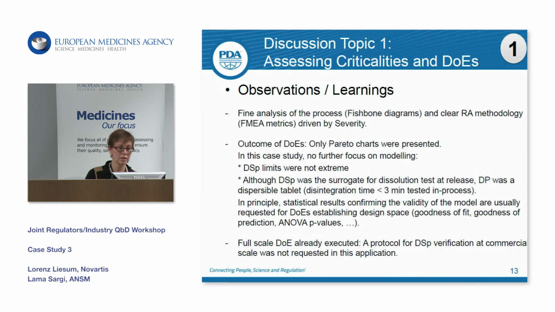So I'm going to present our observations on this first discussion topic. From our point of view, we have here in this case study a satisfactory way to perform the risk analysis. We define analysis of the process using fishbone diagrams and a clear risk assessment methodology using FMEA metrics. But most of all, it's important to highlight that here, risk assessment was driven by severity. So even if a high detectability was in place, this was not used to mitigate criticality, as Lorenz pointed out